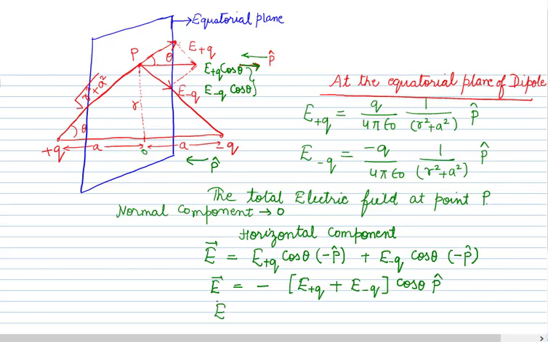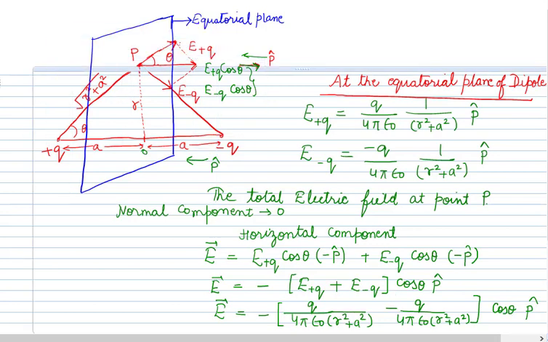So the electric field E is equal to E to the power plus q has the value q upon 4 pi epsilon naught r square plus a square, and plus E to the power minus q has the value of q upon 4 pi epsilon naught r square plus a square to the whole square. These two terms are added, so plus E to the power plus q plus E to the power minus q, cos theta p cap. Now if we want to calculate the value of cos theta, we have to go back to see the diagram. So if you see the diagram here, then cos theta is equal to,